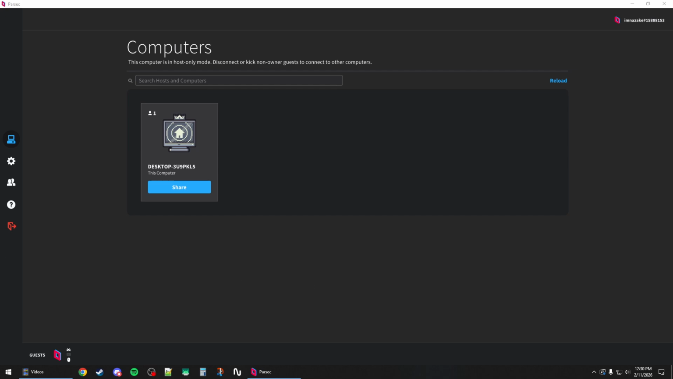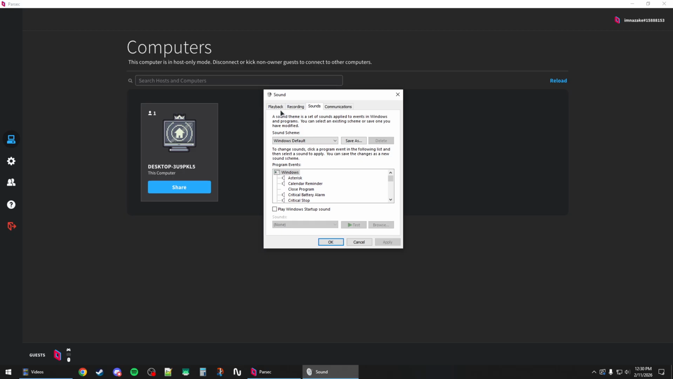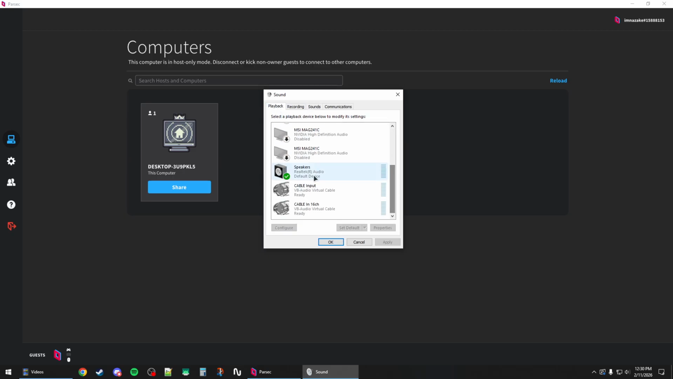I'm going to show you how to hear Discord in Parsec or while using Parsec. So the first thing you'll need to do is make sure your sound settings are correct. So right click on the audio icon in your taskbar and open Sounds. And in this window, go to the playback and make sure to select your main output device as the default